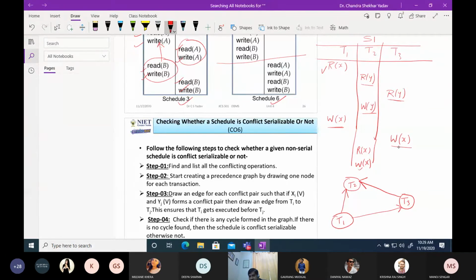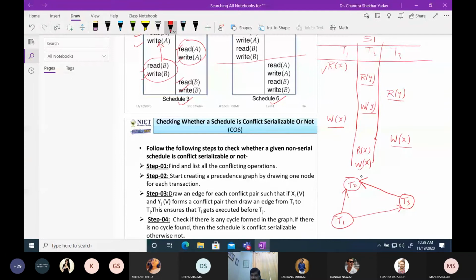Now we will see this. Whether this is conflicting or non-conflicting. Yes. Conflicting. But the edge is already present from T3 to T2. Then there is no need to represent it again. Then what about this? Confliction and already present T3 to T2.